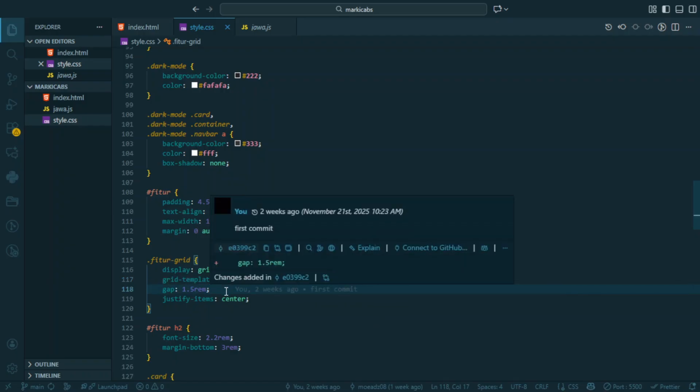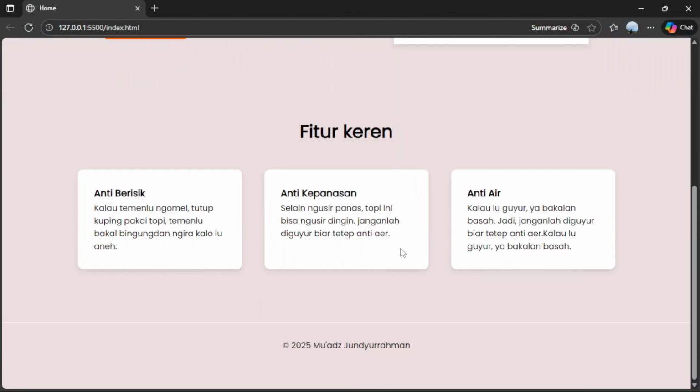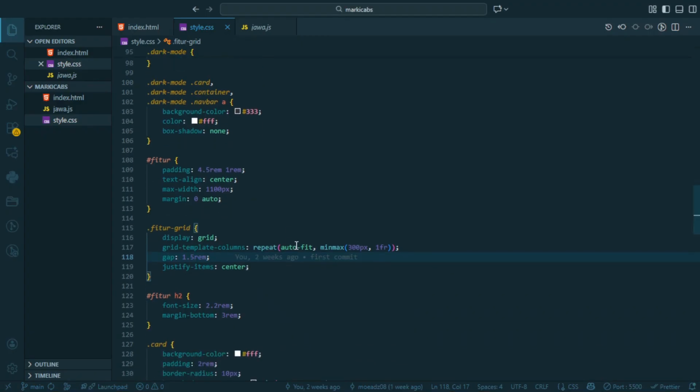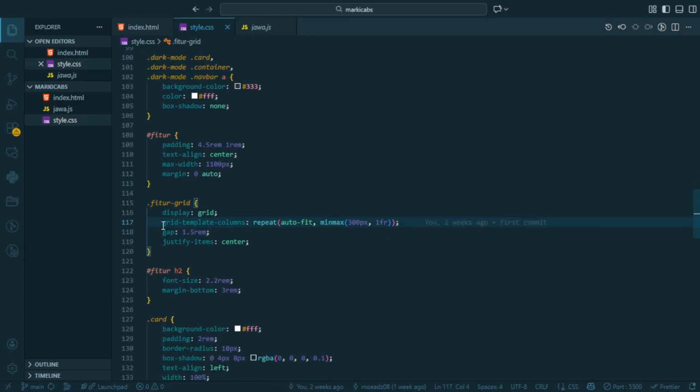So I will explain. We use grid for this feature card section because the layout is two dimensional, so only rows and columns. What does it mean?